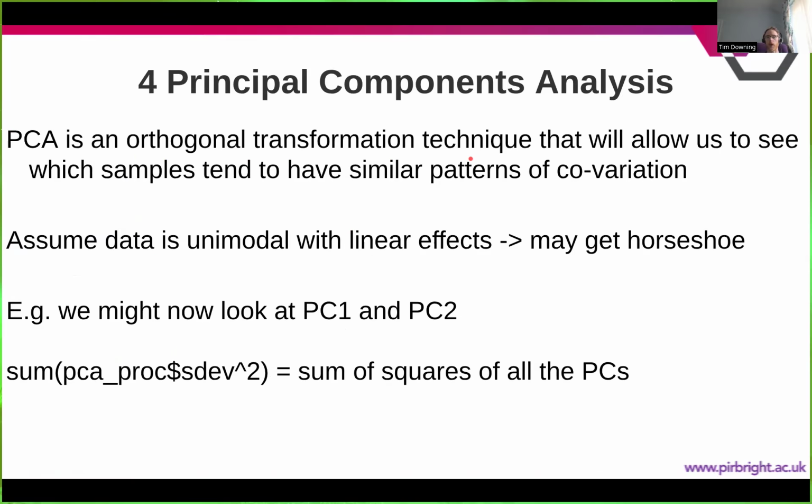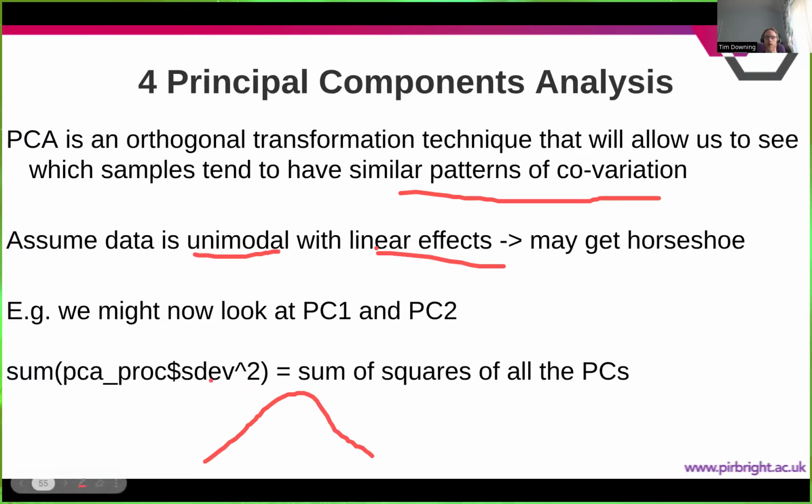So this will allow us to see some different patterns of covariation. One consideration is that we're assuming our data has linear effects and a single peak that is unimodal. If our data violates these assumptions, we may get horseshoe effects. If we plot PC1 and PC2 and scale the height and width of the plots by the sum of squares of all the PCs to get the fraction of variation explained, we can visualize